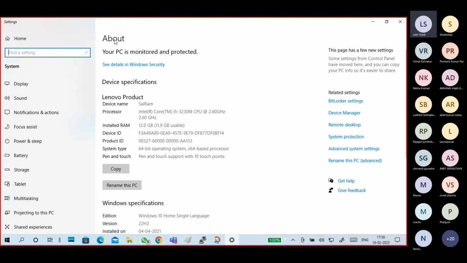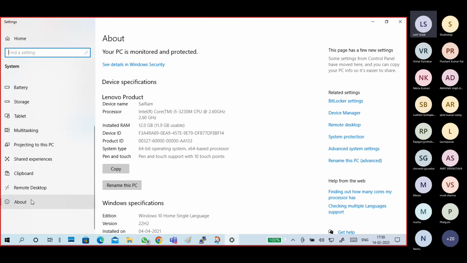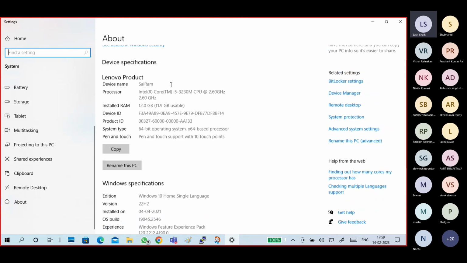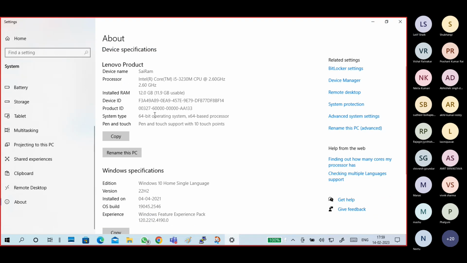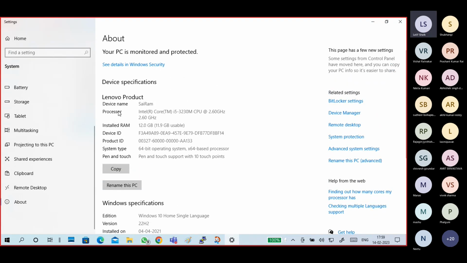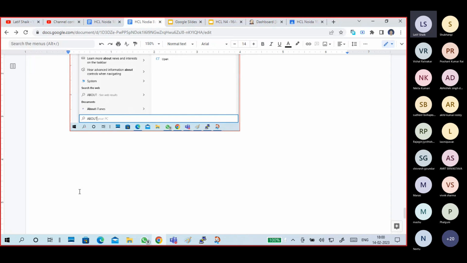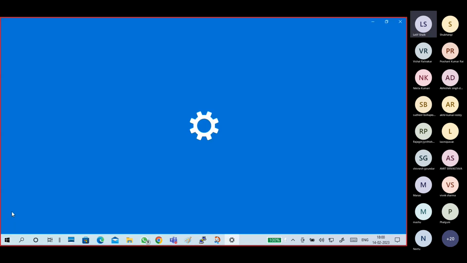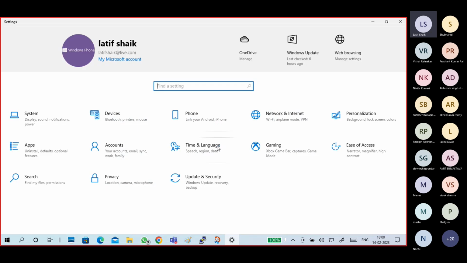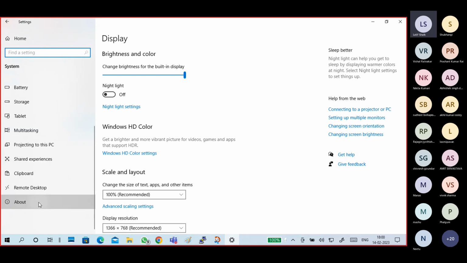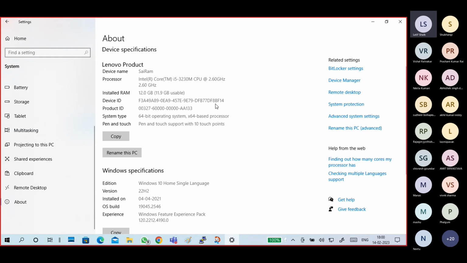Once you open it, it directly shows the About system page. It shows your processor, operating system, installed RAM and operating system edition. The same window you can open by clicking the Windows button, then Settings. In Settings, go to System, the first one, scroll down and click on About. You'll get this information.